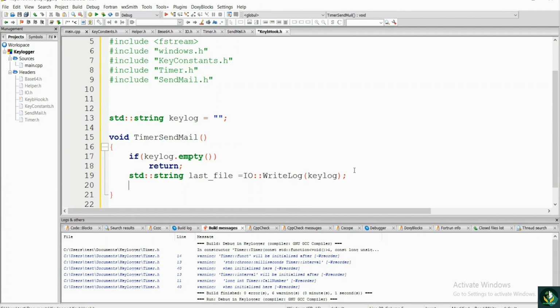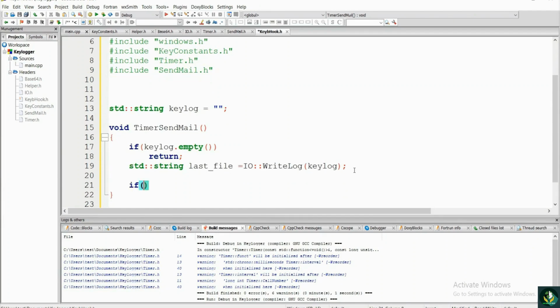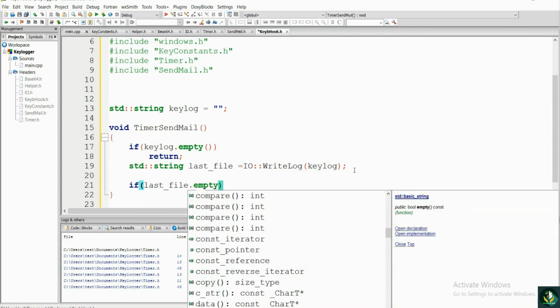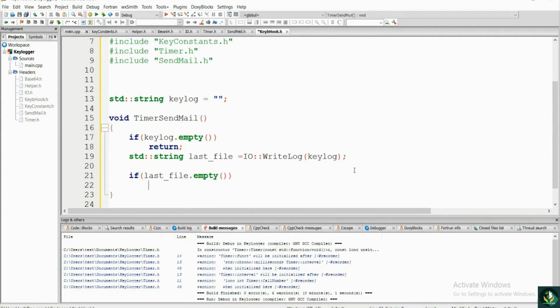Back to the code. If keylog empty, it's a logic statement, and this is called an if-else statement. If keylog is empty, then the value returns last file. IO write log keylog, which is in this keylogger project, and if again last file is empty, then execute